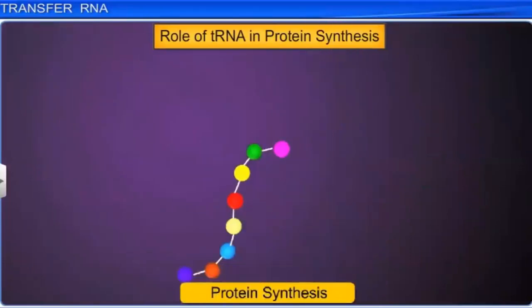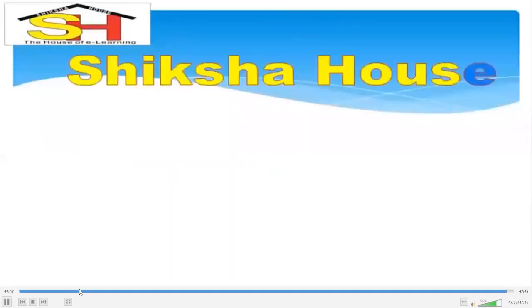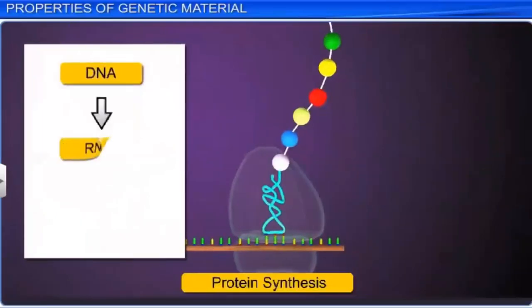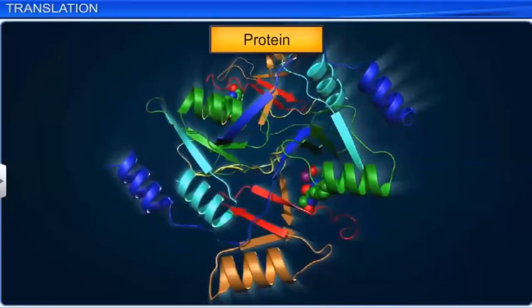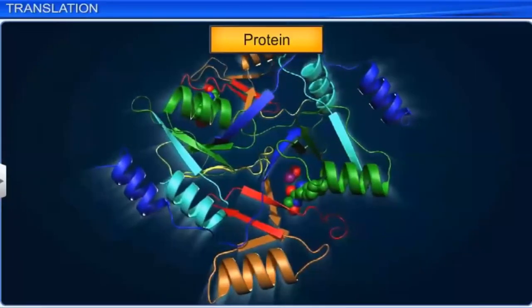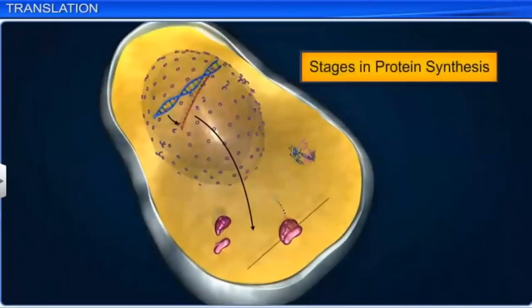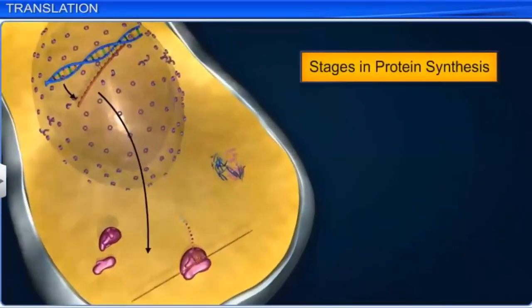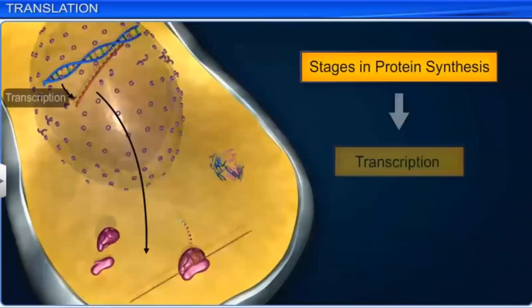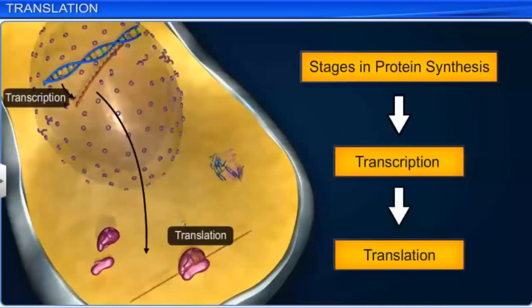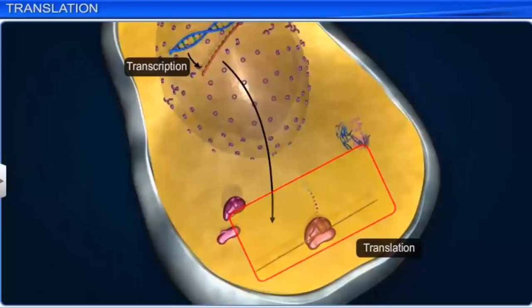What you see is the animation of complete translation. Proteins play a pivotal role in the proper functioning of any organism. The synthesis of proteins occurs in a cell in two phases, namely transcription and translation. The process of converting mRNA codon sequences into an amino acid polypeptide chain is called translation.